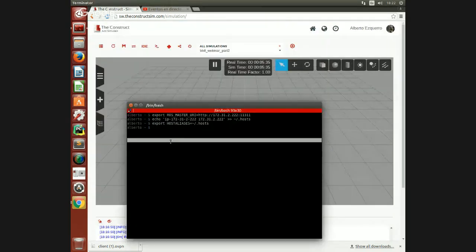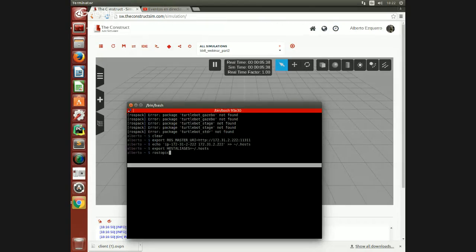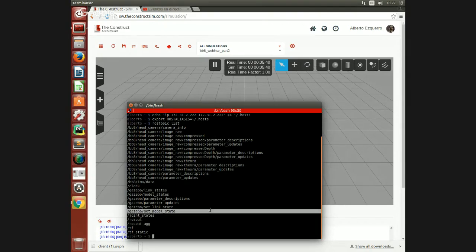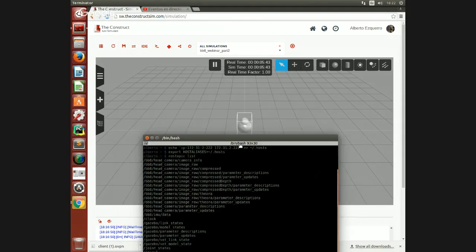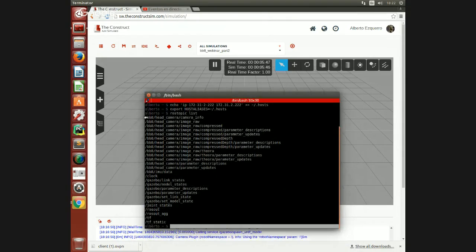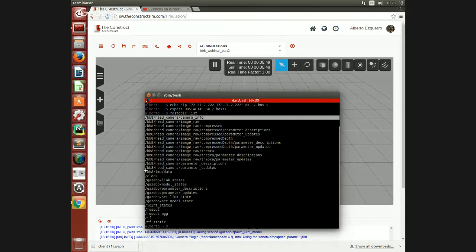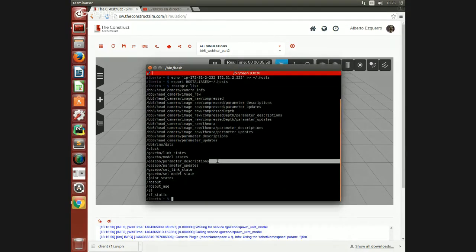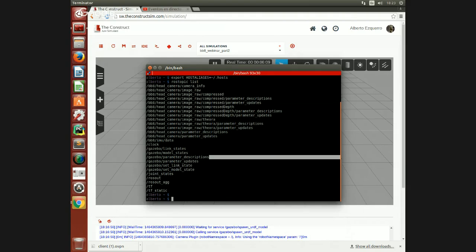For example, if I type a rostopic list here, I'm seeing all the topics that the robot is publishing. The camera, which we placed in the head, the IMU data. Okay, so what can we do now? For example, we can use a ROS package named image view, that basically converts the numeric values that the topic is receiving into actual images. So let's do this. rosrun image_view